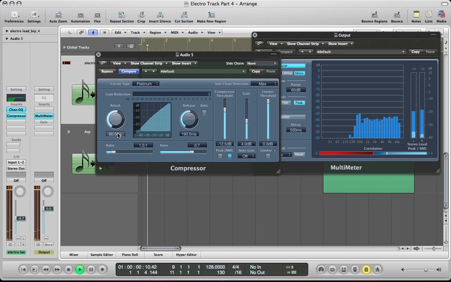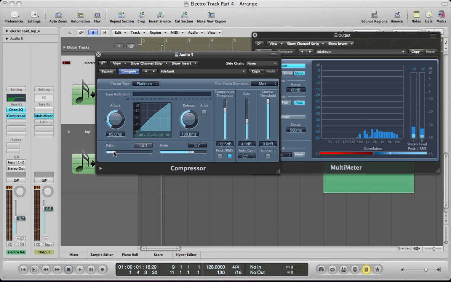So put the ratio down, do about 3 to 1 for the ratio. Keep the knee around 0.6, 0.7. I'm going to keep it on RMS rather than peak, and then take this makeup gain off, and use this threshold here to just bring a bit of